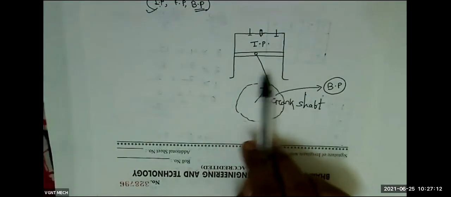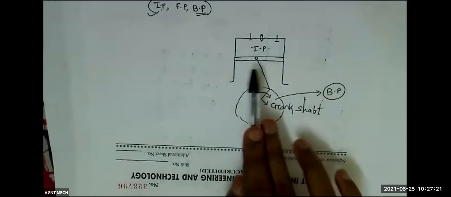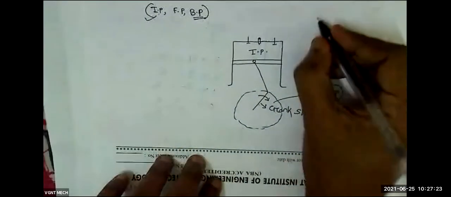Because during this power transmission, some power losses will be there. That power loss is called frictional power, or simply, the difference between indicated power and brake power is called frictional power. So for an IC engine,